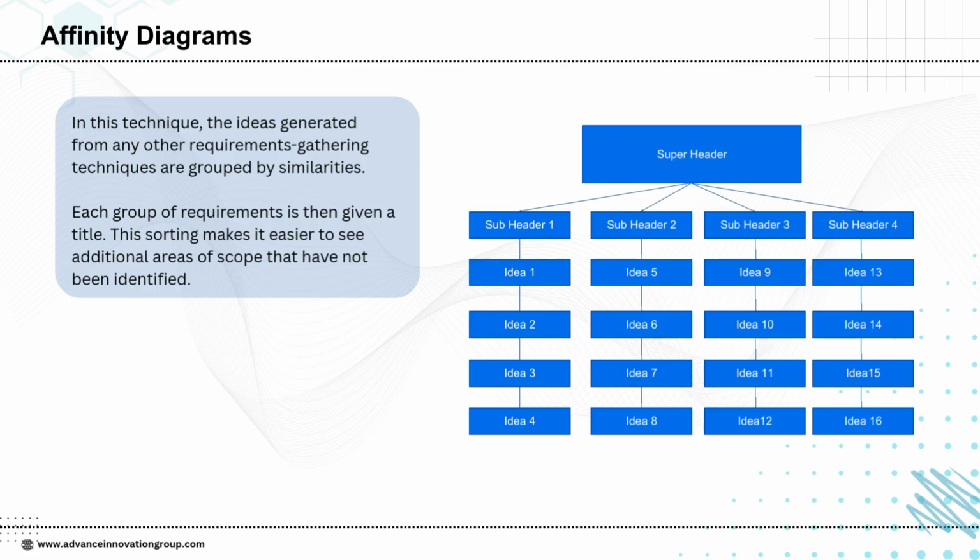and categorize the requirements. This method not only simplifies large amounts of information, but also helps in identifying additional areas of scope that might otherwise go unnoticed. Overall, affinity diagrams are very useful in bringing clarity and structure when we are dealing with a wide range of